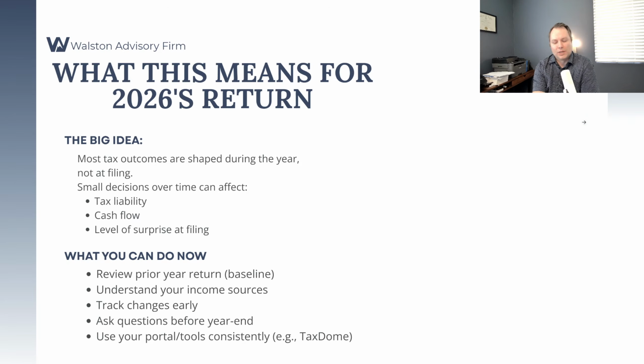So what this means for 2026, the goal is for you not to have surprises. That is one of the main things we like to do with tax planning: if nothing else, if you know you're going to owe $10,000, $20,000, at least you know well beforehand and you can do some planning. You start putting money aside, put some savings aside and stuff like that, and you're not just surprised when we file your tax return. That is like the lowest hanging fruit of, hey, let's help you not be surprised.